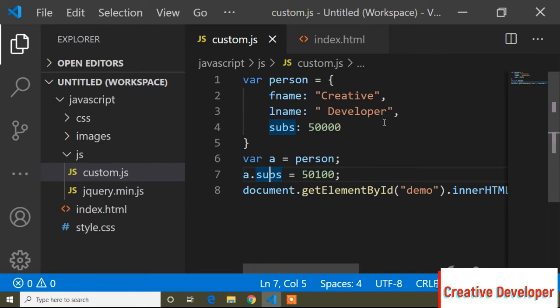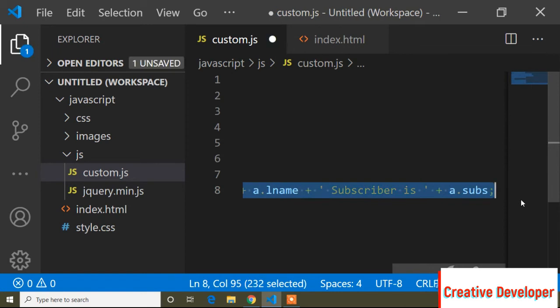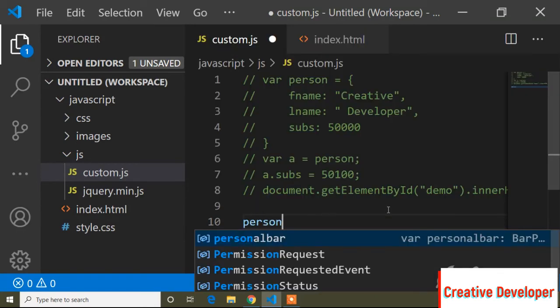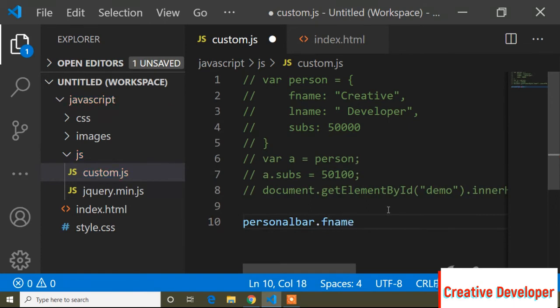So guys, now I will show you how you can declare an object using the new keyword. So first of all, I will just comment that, and now here I can write person dot fname. So first of all, here I will write our value. So here I will write just person dot name and equals to, and here I will write the name is, this is the name.